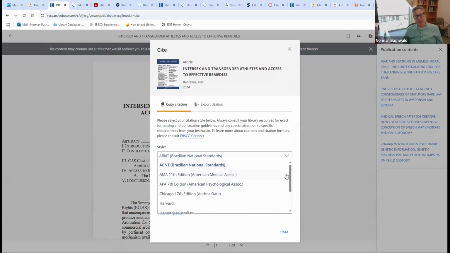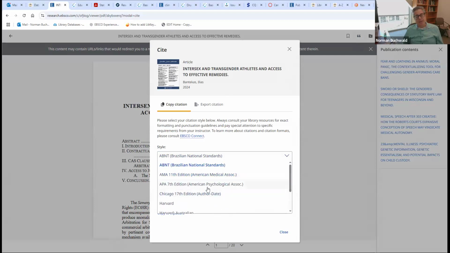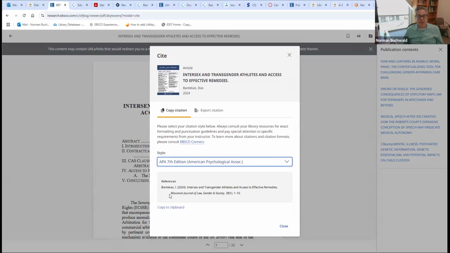Select the style manual that you want to correspond to. Let's say that it's APA 7th. And then listed below is the suggested citation. Now, one of the reasons why I picked APA over MLA is